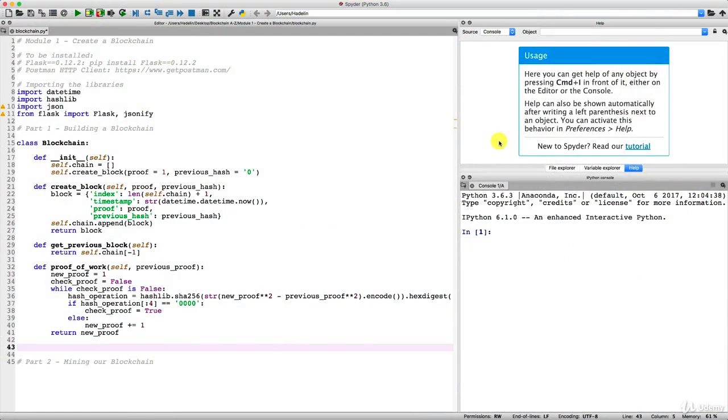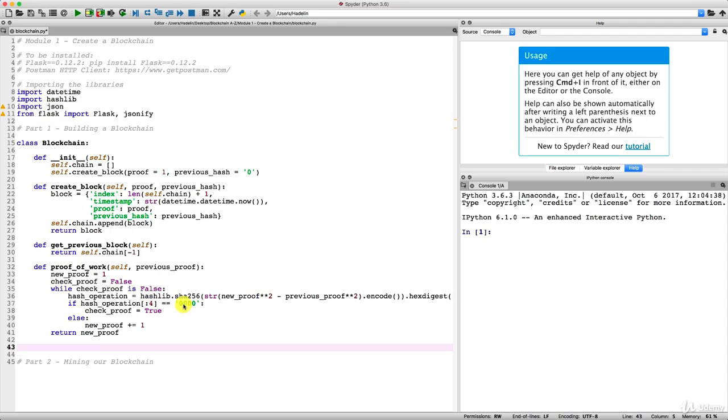So we just made the proof of work and now we have one final thing to do in this part 1, building a blockchain. It's a function that will check if everything is right in our blockchain. And by everything is right, I mean we're going to check two essential things. First, we're going to check if each block in the blockchain has a correct proof of work. That is, has a proof of work that solved this problem by returning a cryptographic hash that starts with 4